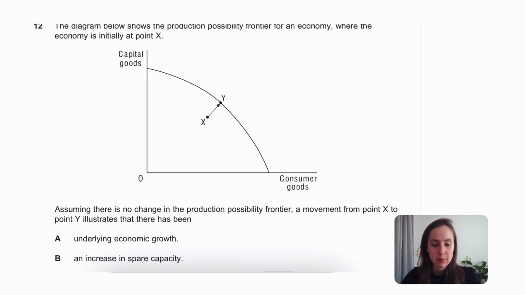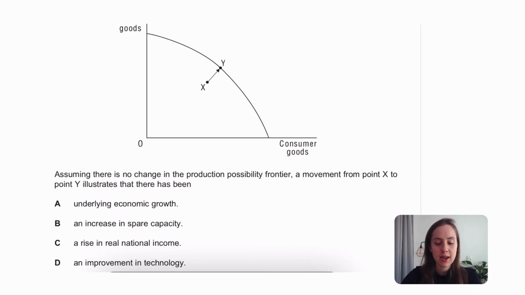We have a PPF. The economy is at point X. Assuming there is no change in the PPF, a movement from X to Y illustrates there has been, so there's no shift of the PPF. I think it doesn't seem that way. So we're just producing more output without increasing the long run AS. So no long run AS. The only way you can increase output is by more AD, more short run AS. So we're looking for something